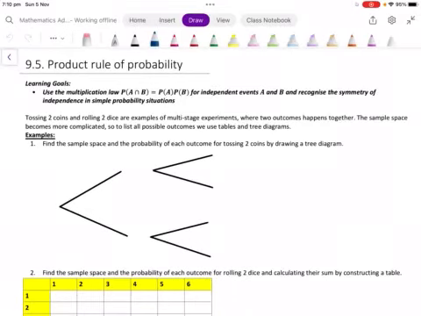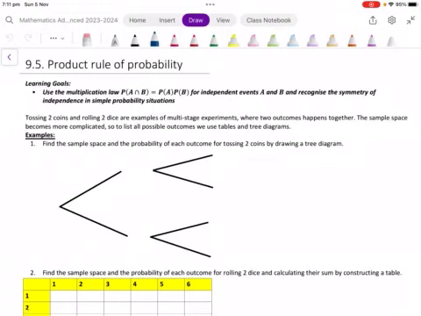Hi Year 11, today what we are looking at is the product rule of probability. So we're going to use the multiplication law, P(A and B) equals the probability of A times the probability of B, for independent events A and B, and recognise the symmetry of independence in simple probability